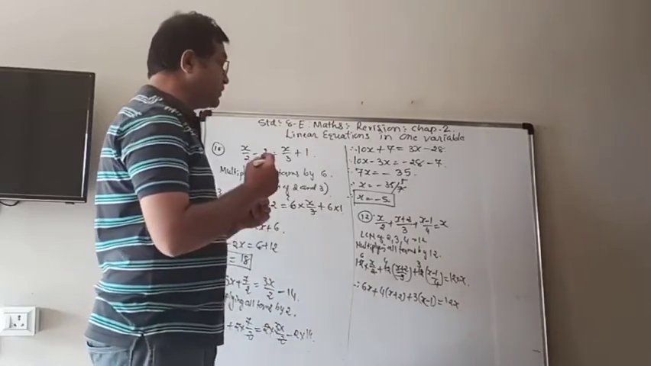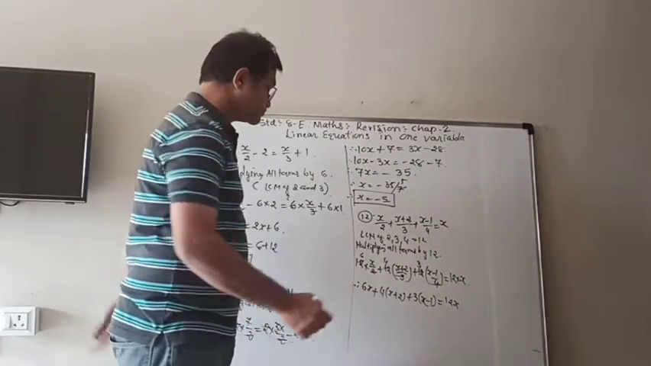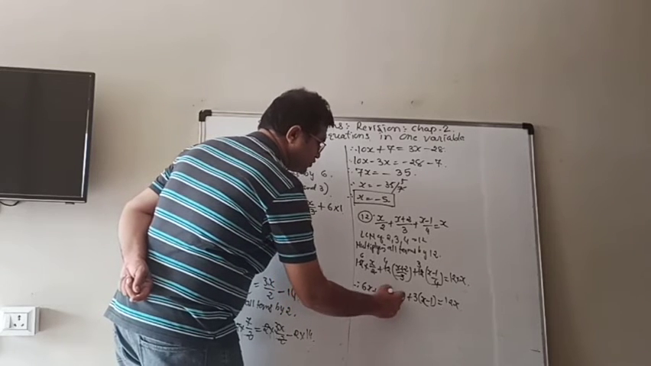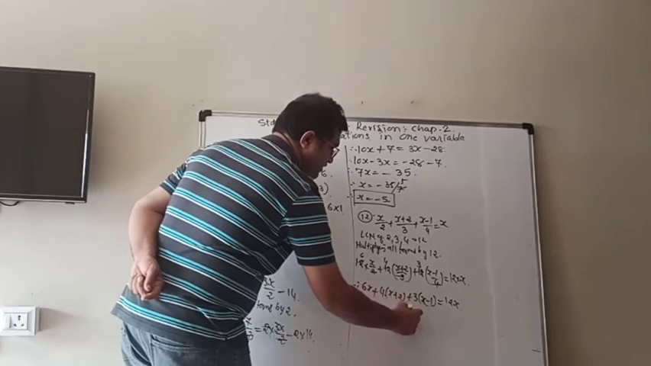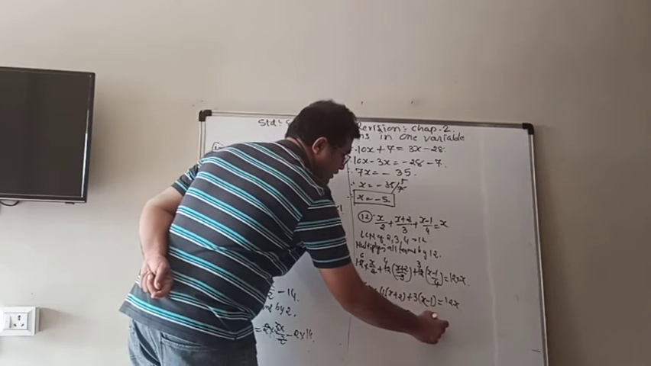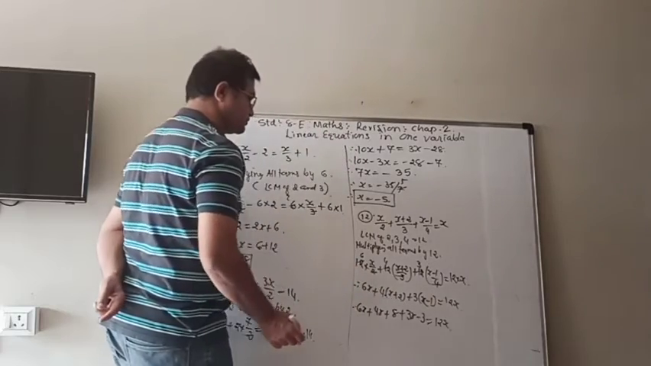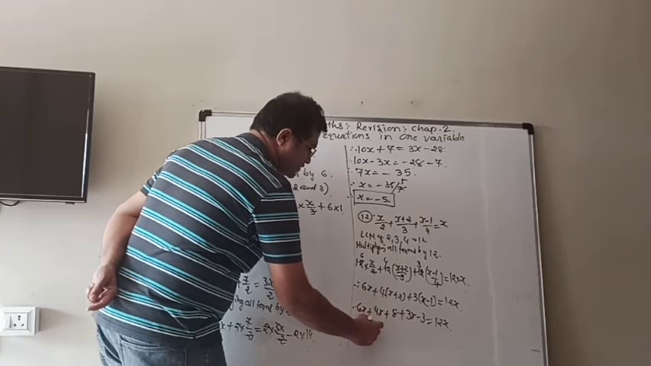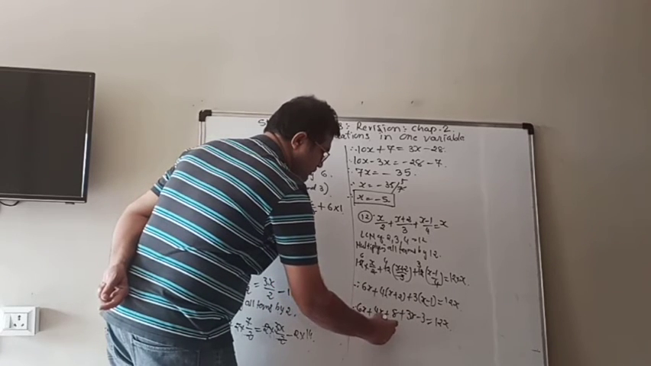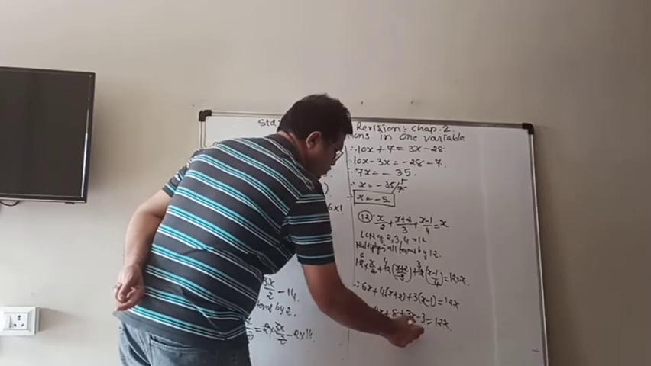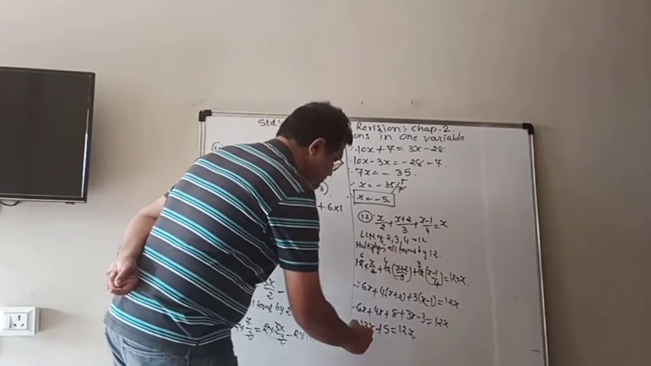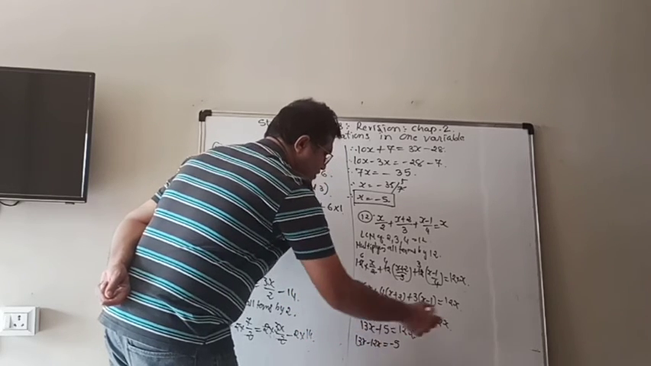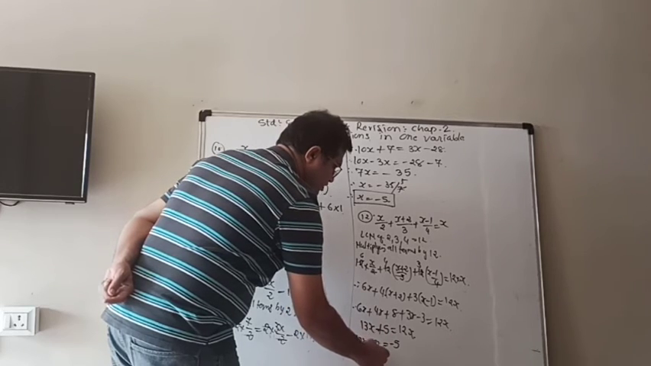So by doing this, we are removing the denominators. So now 6x, 4x plus 4 2s are 8, plus 3x minus 3 equals 12x. Now 6x plus 4x is 10x, 10x plus 3x is 13x, 8 minus 3 is 5, is equal to 12x. 12x comes to this side, so 13x minus 12x is equal to plus 5, which becomes minus 5. So x is equal to